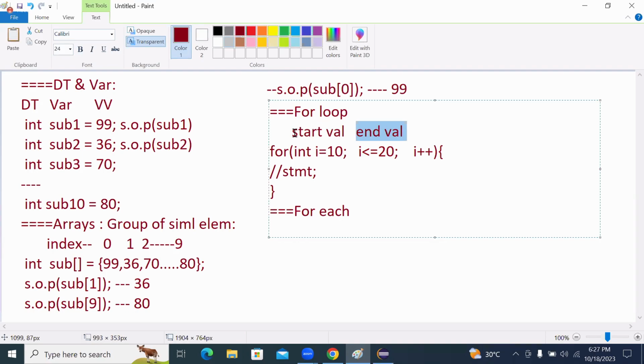In the same way, if you don't know the starting value, can we write the for loop? Because according to the for loop, at any cost you have to initialize it. To initialize it, you need to know the starting value. If you don't know the starting value, can we go with the for loop? No. Now you can understand the whole concept. Previously, you already learned the while loop and then do while. When can we go with the